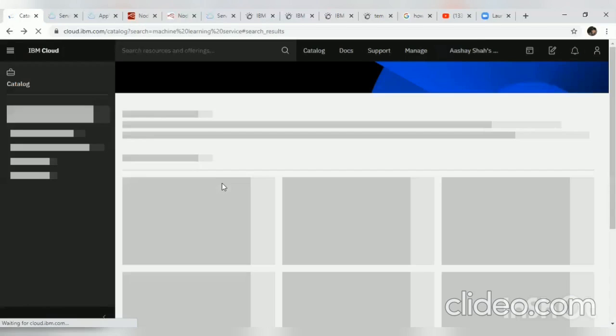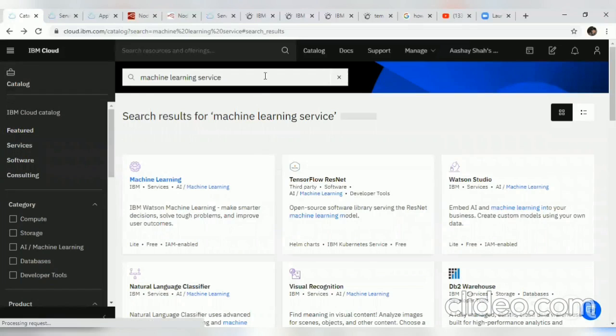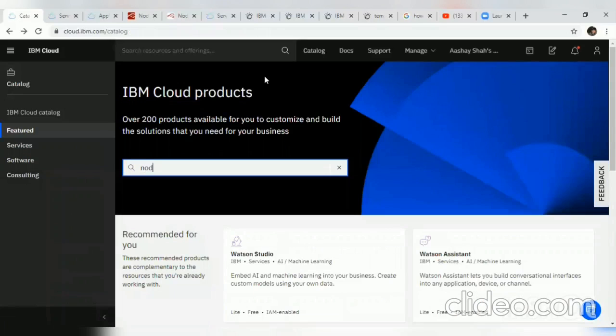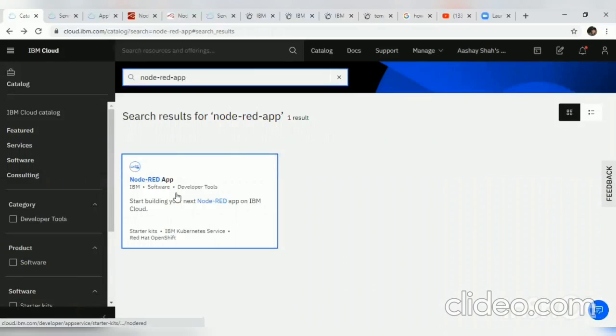Now go back again and search for the Node.js app. This Node.js application is for getting the input from the user and displaying the output in the browser. So simply click on this app.